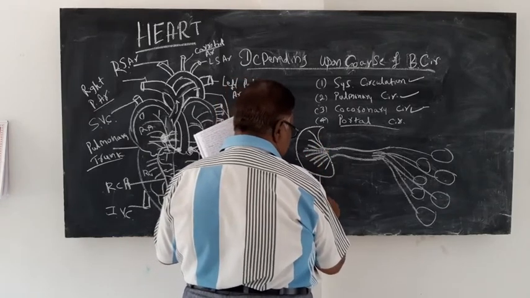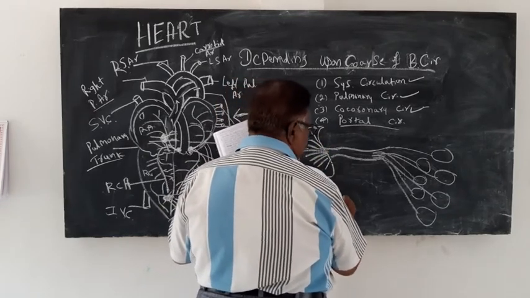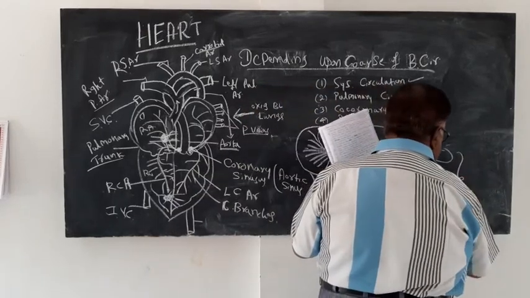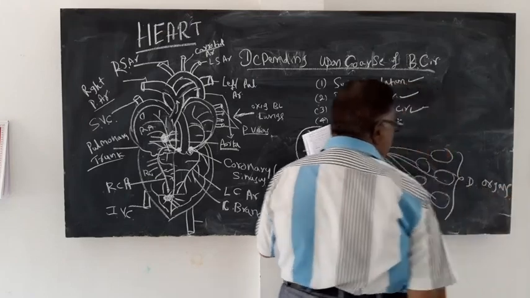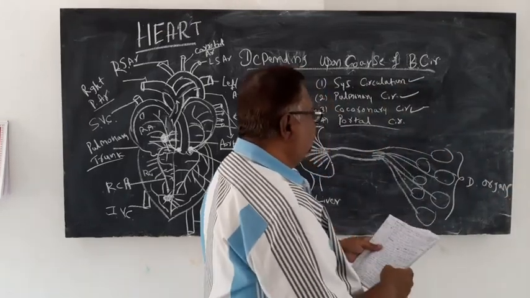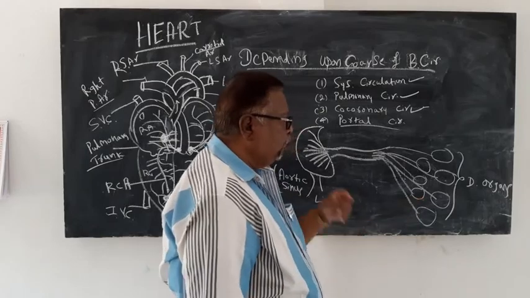This is the liver. These are digestive organs. So, the blood from the digestive organs is